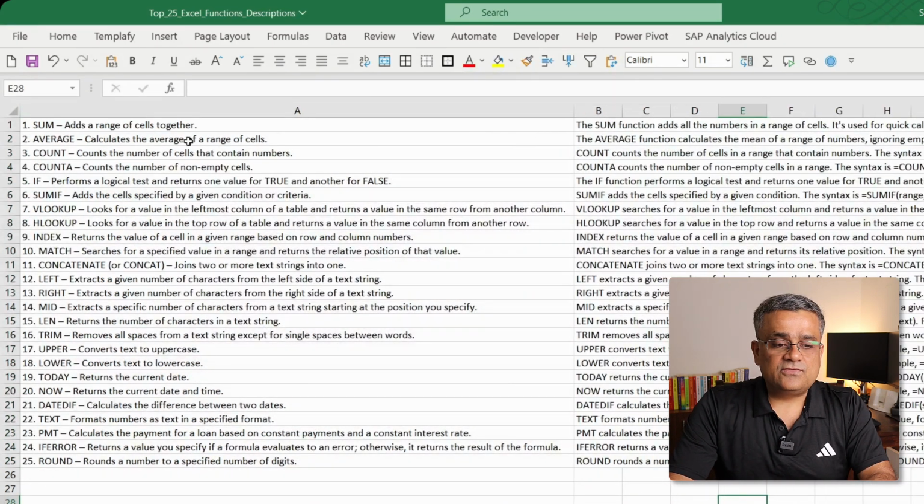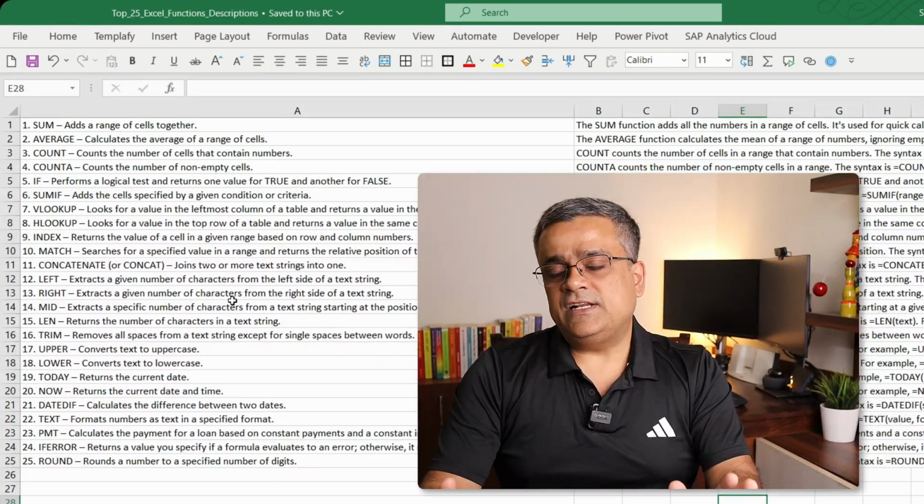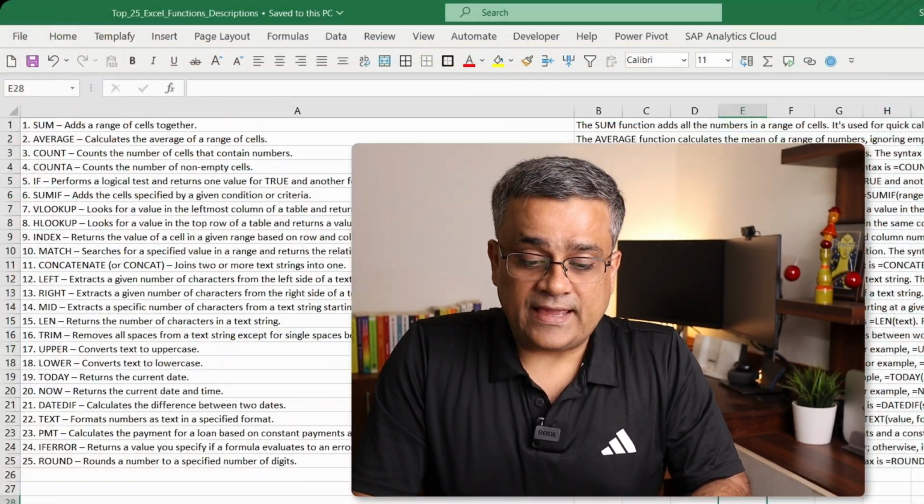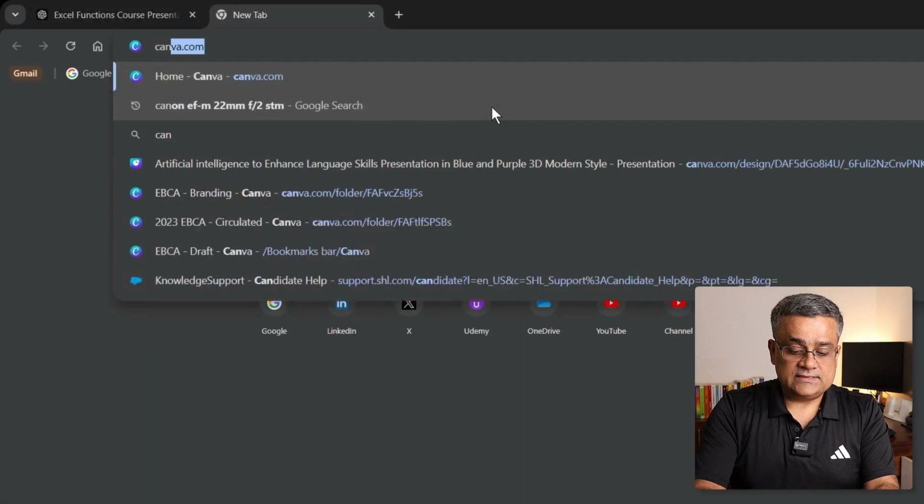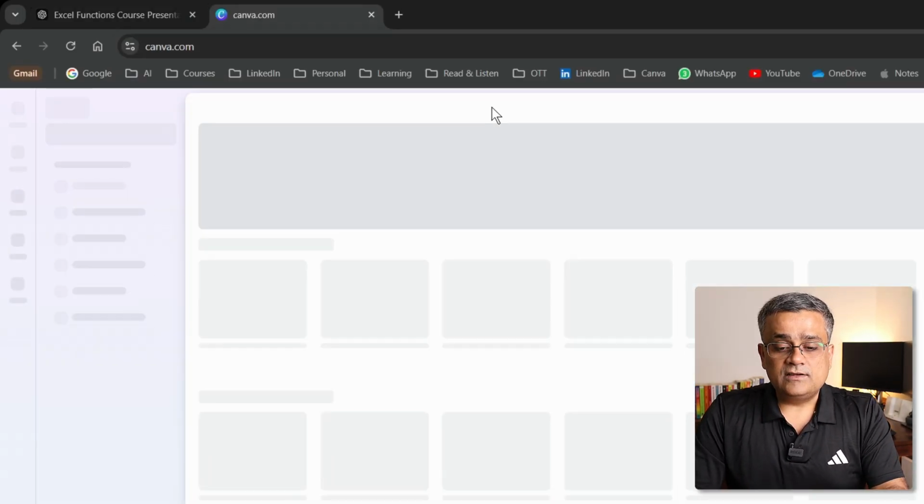Now what I have, first column contains all the headings and second column contains all the description. So this is our data, and now this is ready. We have generated our content using ChatGPT. Now we exported that content to a CSV file, and this particular file is ready. Now we'll go to Canva. Let me open Canva, and if I go to canva.com, you'll be able to see